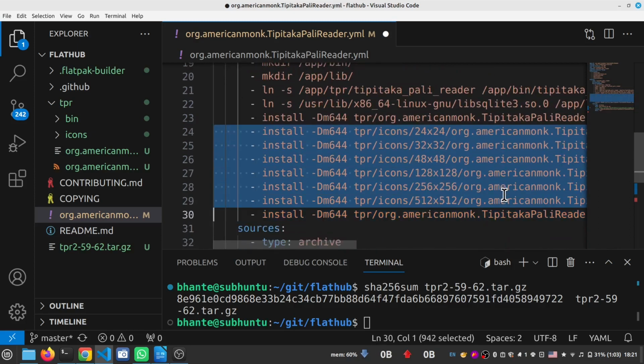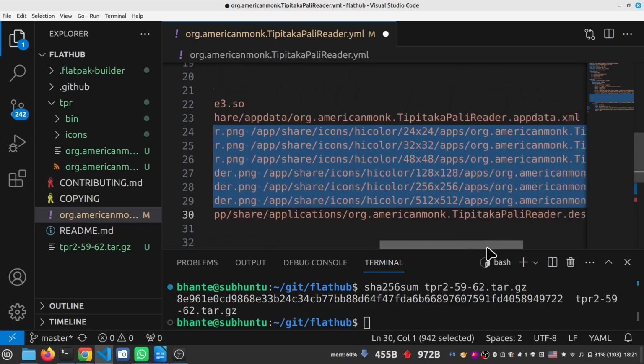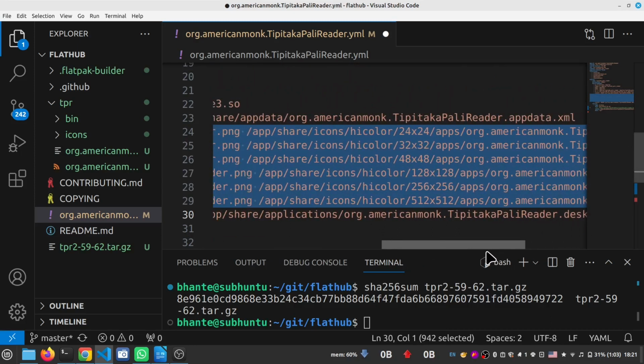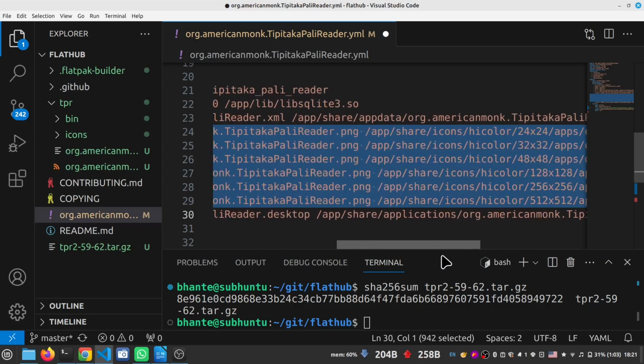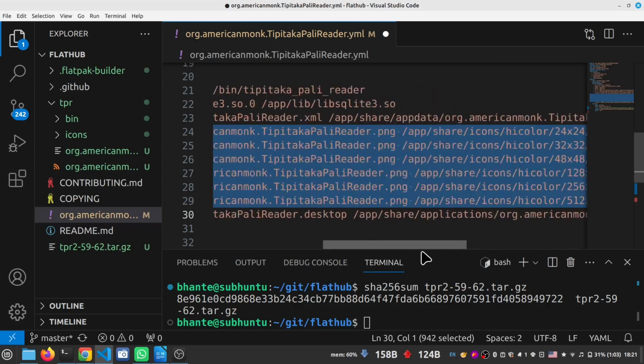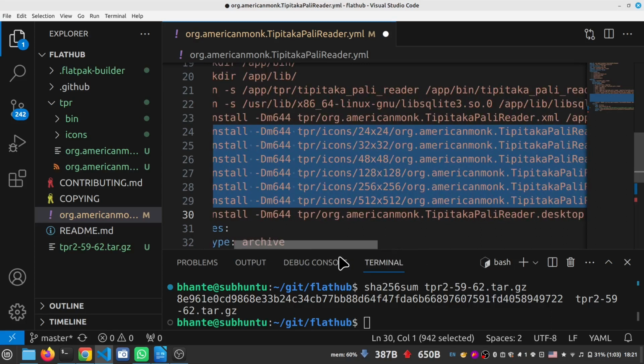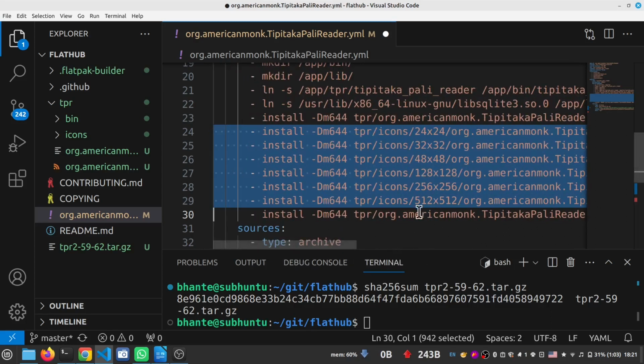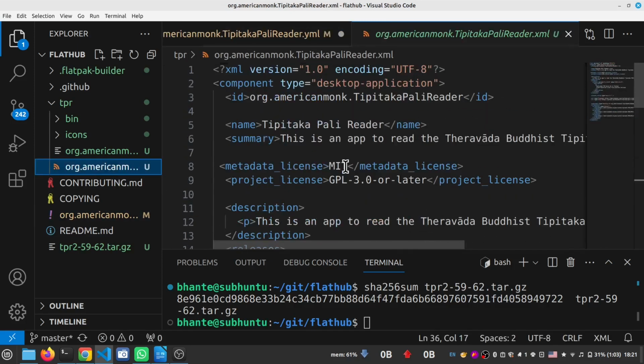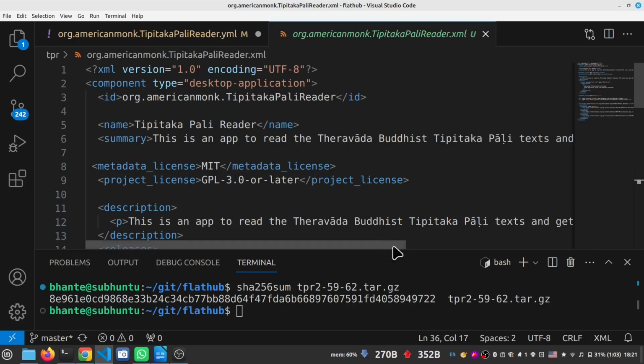The icons, you want to just copy these icons to the app share icons high color. So you just substitute your icons with these icons, and you need the right size. And then last is the desktop file. So the XML file is right here, and let's close this here. So the XML file is here, and you can see that we have